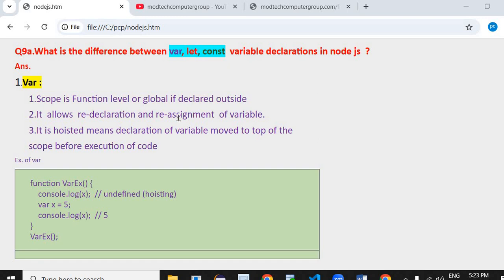Hello students, today we will learn what is the difference between var, let, const variable declaration in Node.js. Although these keywords are part of your JavaScript programming, as we are using JavaScript programs in Node.js, it will be nice to have a clear concept about their utilization, their scope, their existence, and their operation in the